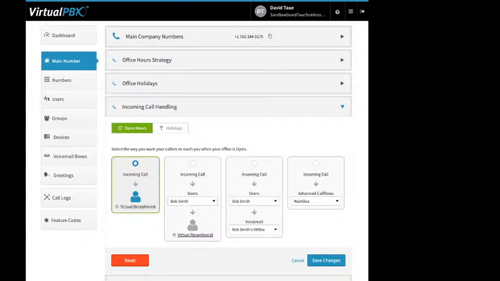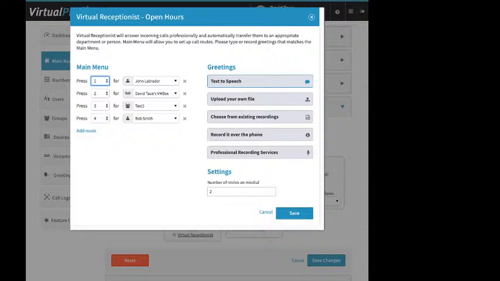So first option, calls come in from one of your main numbers. They're going to go to my virtual receptionist. You can click on that. It's a link. And then on your left, you've got your menu options, right? What people press on their phones to navigate through your phone system. On the right is your greeting option. So in terms of adding routes, there we go. Right, so you click add route, and then normally you can click 0 through 9,